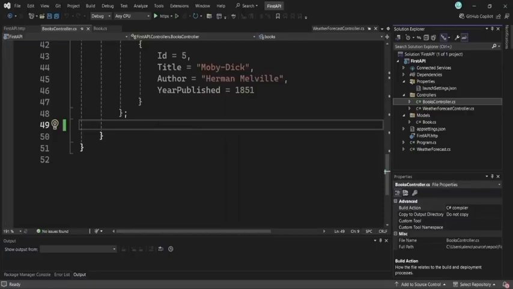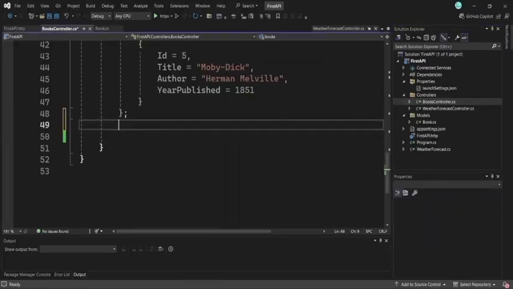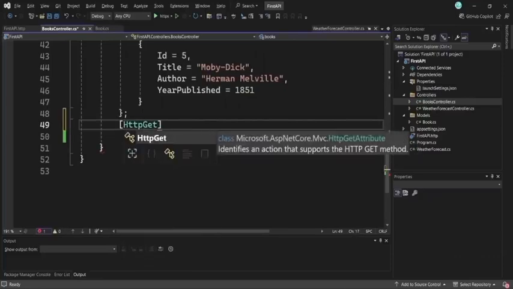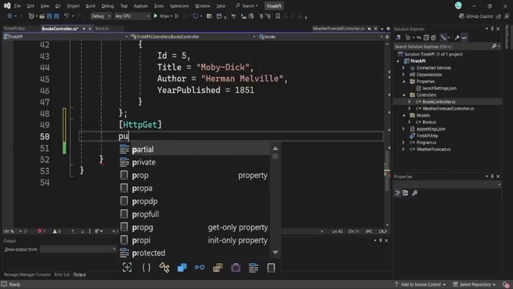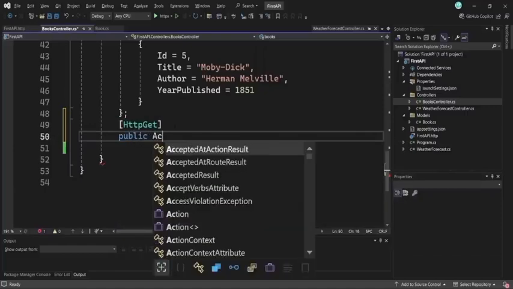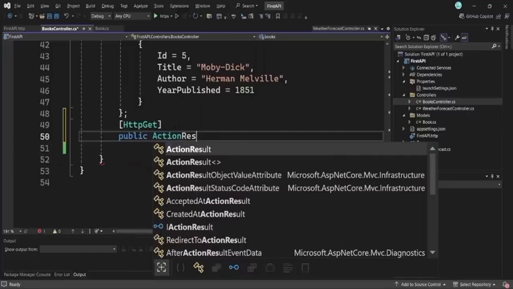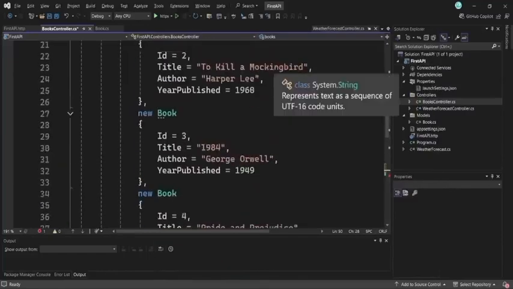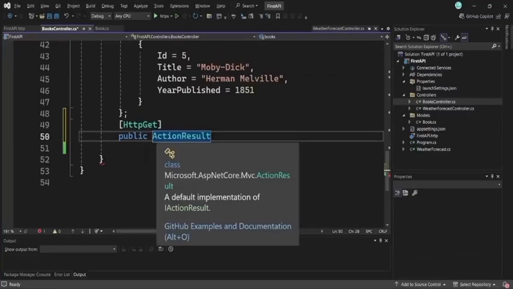HTTP GET methods are used when users send a request and want to retrieve data from our API. Here on top of the method, we write this HTTP GET attribute, and we will make the method public. This method will return an action result. We'll make a method to return a list of our books, but the reason we specify the return type to be action result here